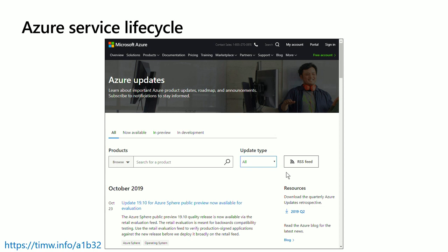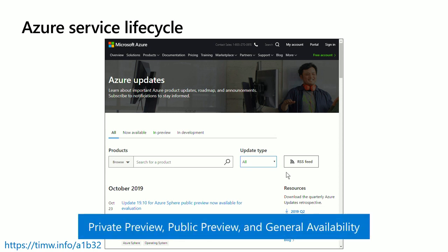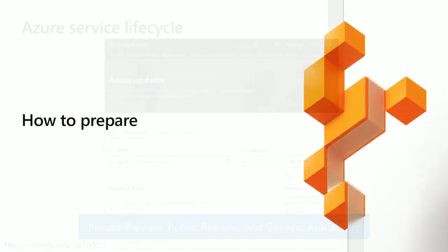Of course, the complication is that some engineering teams will do production support when a product is in public preview. Azure Migrate is an example. That's, again, another reason why it's a good idea for you to have one eye on the Azure Updates page regularly so you can be apprised of that kind of stuff.